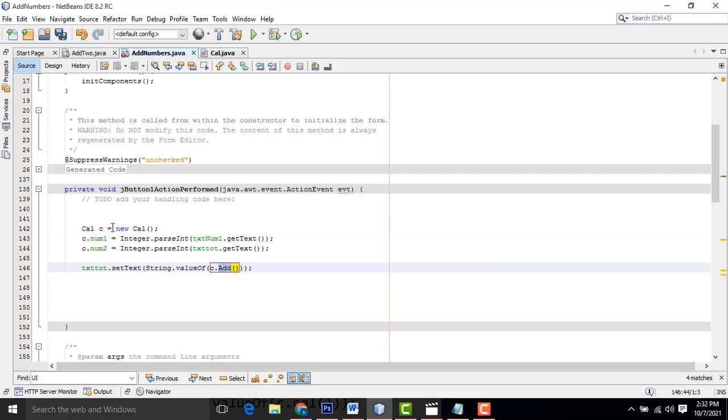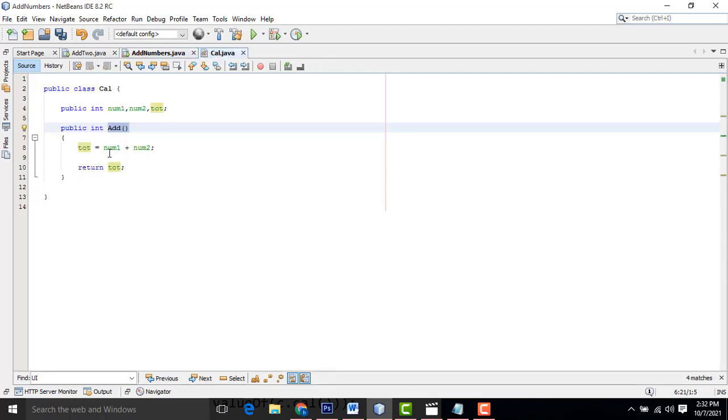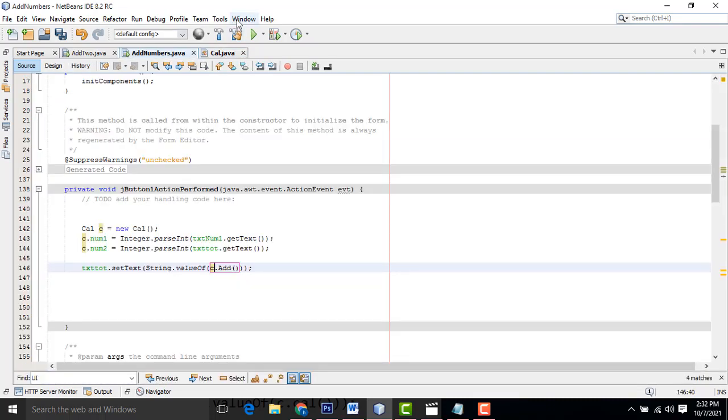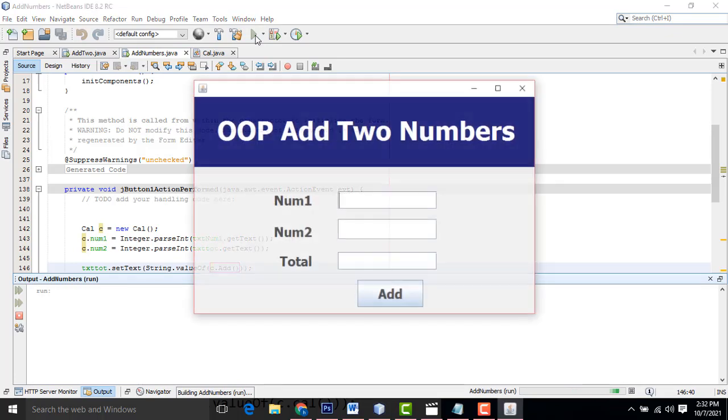If you call it here, what happens is it takes what you enter in the text fields, which is assigned to these variables. These two variables go here, are added, and the total is returned back and printed in the total text field. This is the efficient way to calculate the value.